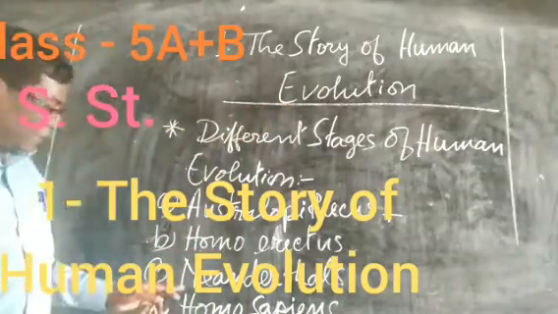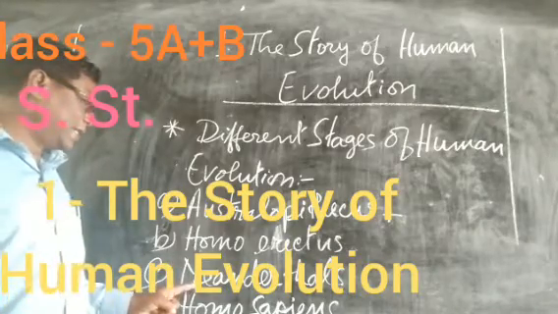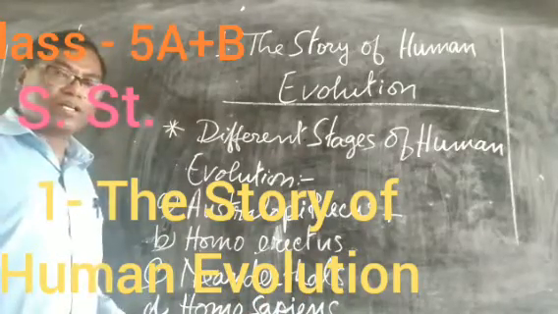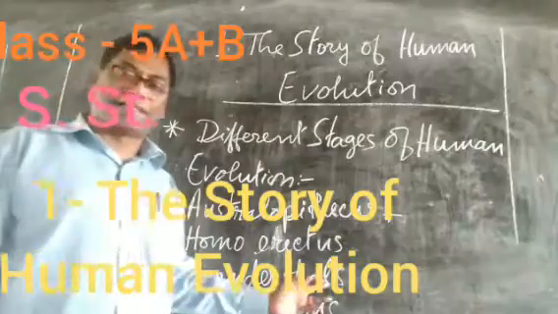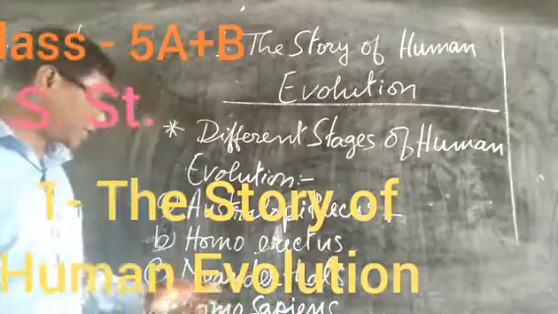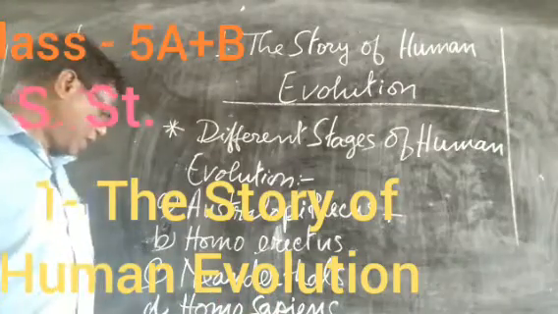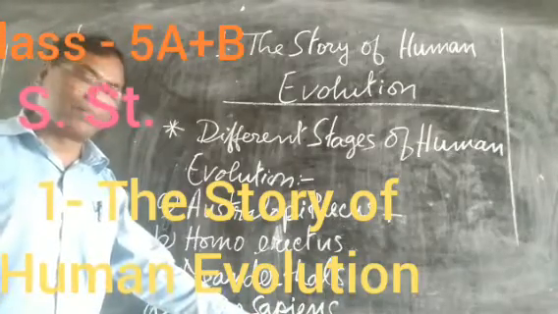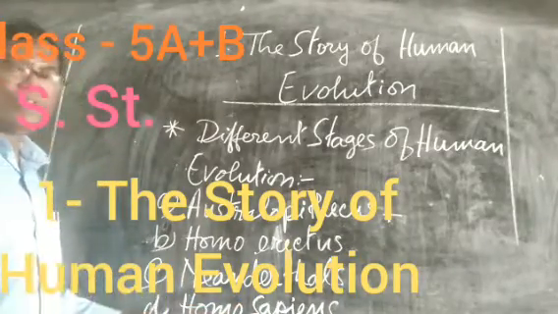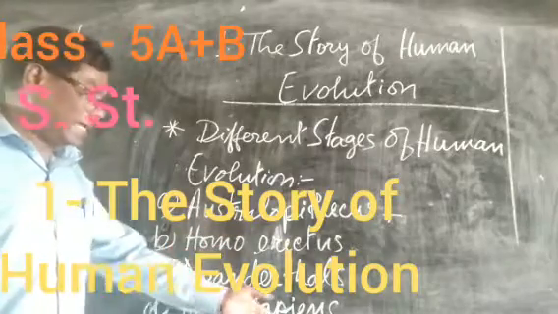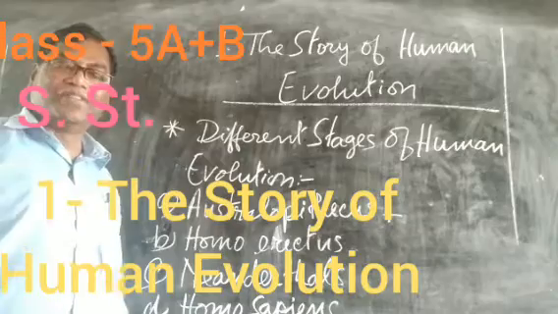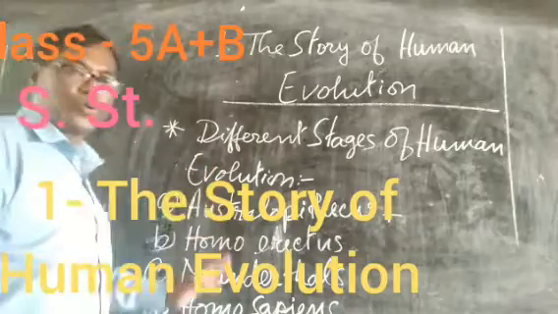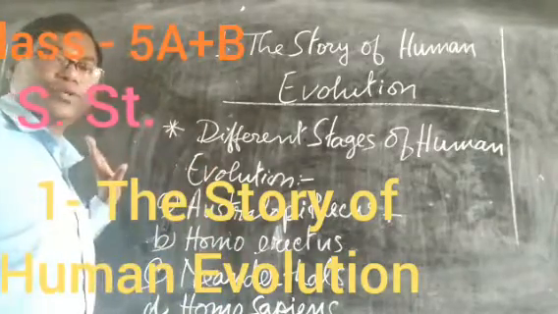Next, the third division is Neanderthalus or Neanderthalensis. There are 2 names; the shorter one is Neanderthalus. The fourth one is Homo sapiens. Homo means, as I said, same or self. Sapiens here means living or wise. So these are the things that we are going to discuss one by one in this video.